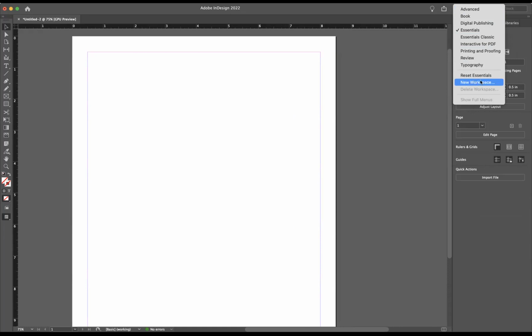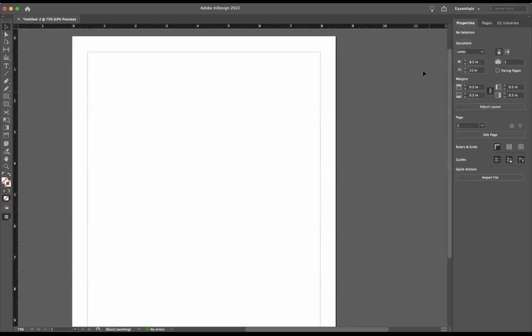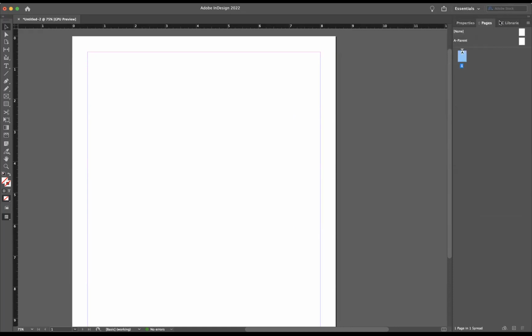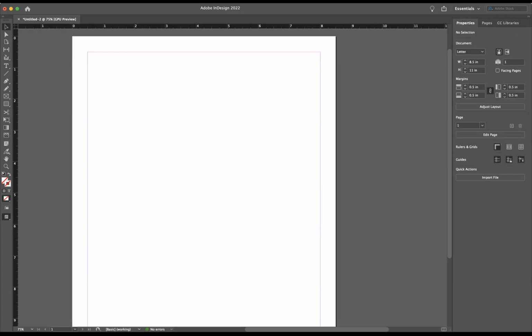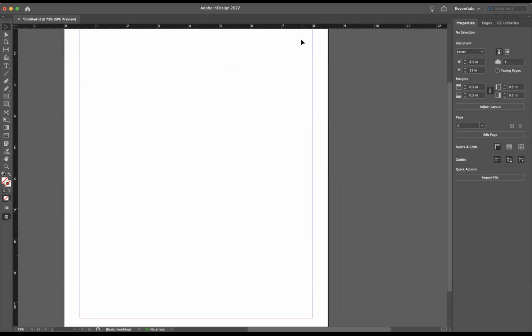And then you could do a new workspace. You can actually create a workspace for this class. You just rename it and it'll save it. So it'll save all the panels you use for when you come back. It's kind of neat. All right, so let me stop sharing this screen. Let me go back